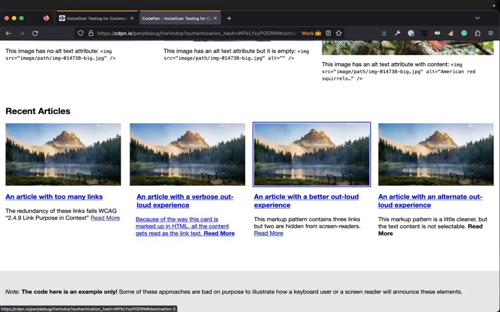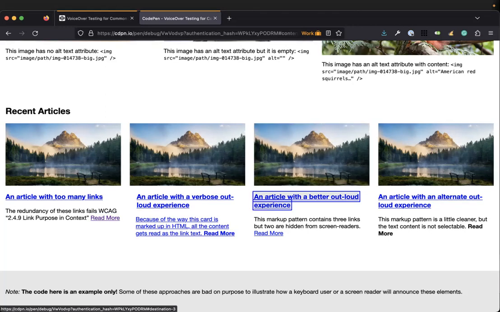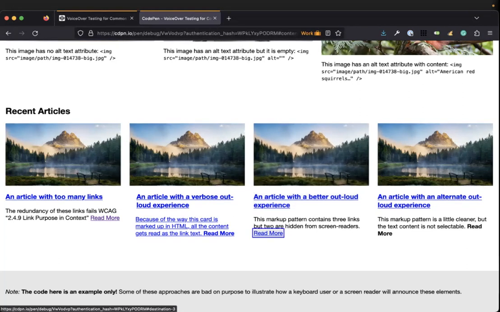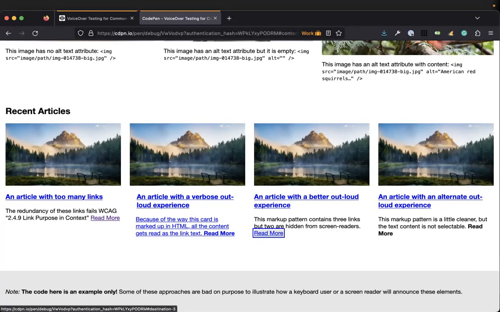The third example is a little bit like the first for a keyboard user, in that all 3 of these elements are still interactive. They look interactive and they can be interacted with, but we have the same problem as we do with the first article. And then finally, this last one, there is a link around the whole thing, but it's a little bit hidden for a keyboard user. And the only interactive element really is the heading itself, which is a little bit more what we would want the experience to be,